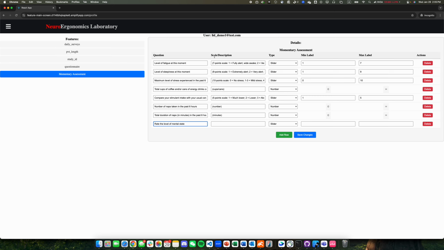All right, and the scale and description. It has to be in a closed parenthesis, and you are going to specify if it is a number, a minute, a text, or it's a scale. If it's a scale, you're going to specify the scale. For example, I'm just making it up, a 7-point scale, and there are going to be